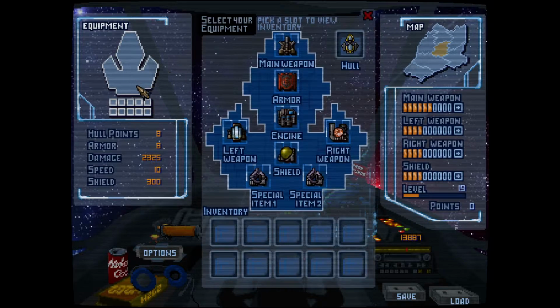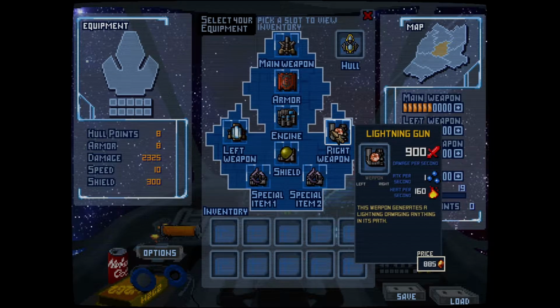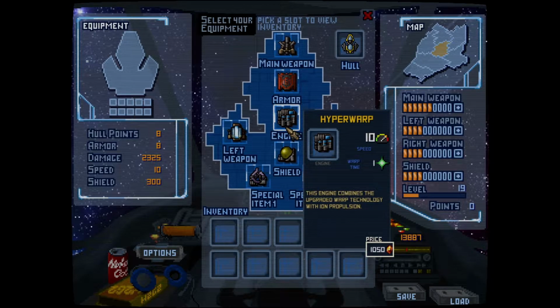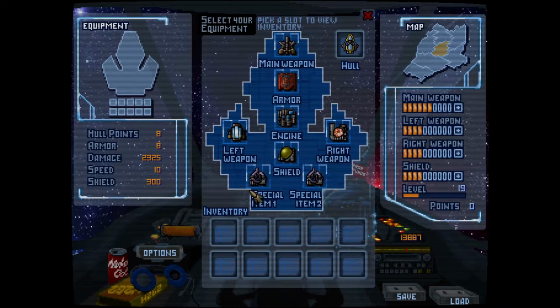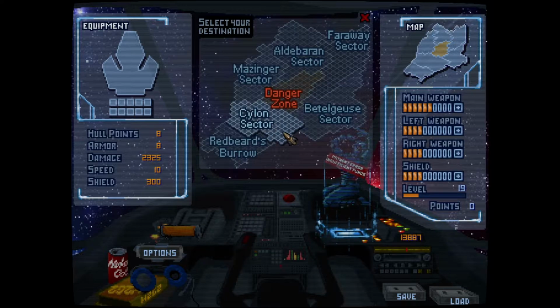And I've been equipping my ship with different types of weapons. For the left weapon I got the laser beam, the right weapon the lightning gun, and a couple of other things. I equipped probably one of the best shields and the best engine that you can buy, as well as the armor. So pretty much everything has been upgraded, and I have the best ship you can buy in the game as well. I'm just going to show you